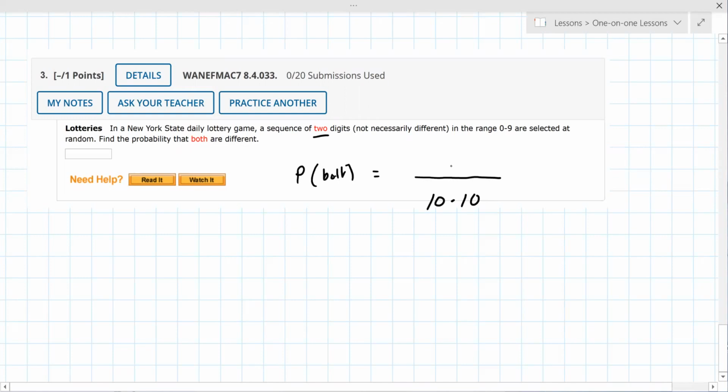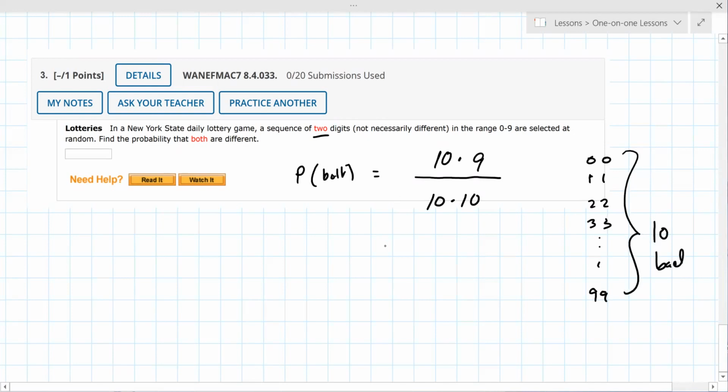So the probability that they're both different, meaning like you can't get 00, 11, 22. Those are all bad. Well, how many are good? Well, you can choose any number you want in the first position. But in the second position, like let's say you picked a 1, well the ones that you want to be different would be 0 and then 2 through 9. So there's 9 possibilities in the second position. That would be okay. And that corresponds with like this list here all the way up to 9, 9. There are 10 of these that are bad, and this is 90 out of 100,